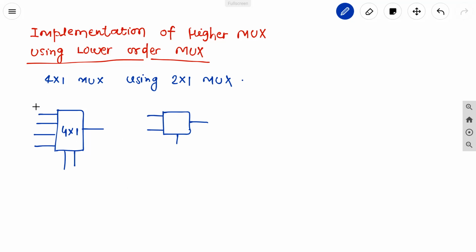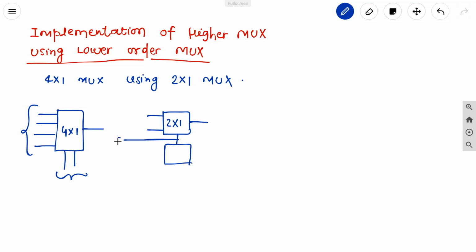It means to create 4 inputs and 2 select lines, we have to use 2 is to 1 MUX to get the same. But the problem is, if I take a 2 is to 1 MUX, this is the select line,